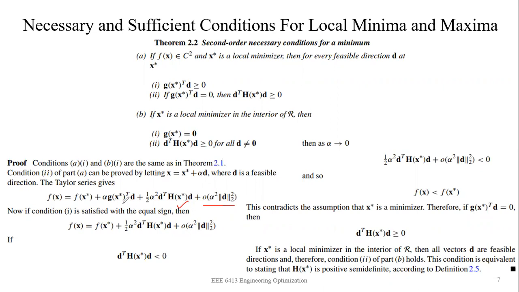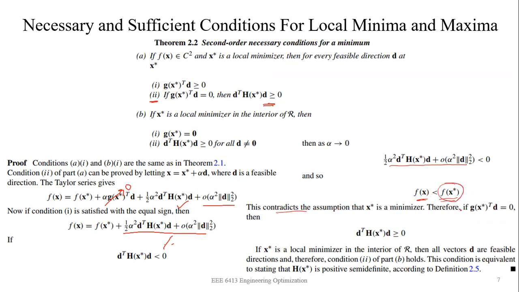Okay, so this gradient is going to vanish because we have assumed that it's equal to or greater than 0. So what is left is these two parameters. And again, since we are saying that the second one has to be greater, that is why we take greater or equal. So again we take the reverse one, that is negative. And with the negative, we can show that the whole term is becoming negative. So f(x) is becoming smaller than f(x*), which again contradicts, because our point of concern is x*, and that has to be